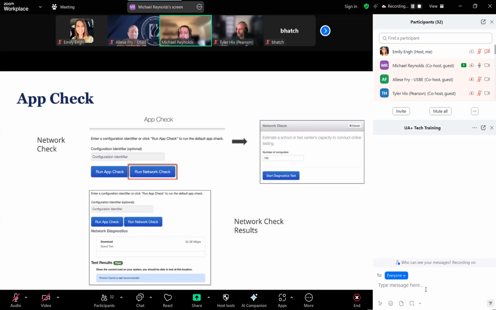That'll basically give you an estimate of the speeds that you're deploying to devices and see if you are good to go for testing. If you enter very high numbers in here, we are limited by the network card on that particular device. So if you're testing 1,000 students at your school, you open up a Chromebook, put in 1,000 in a network check, you're going to get all kinds of warnings that your internet isn't fast enough. That's probably not the case. It's just that Chromebook isn't pulling enough speeds